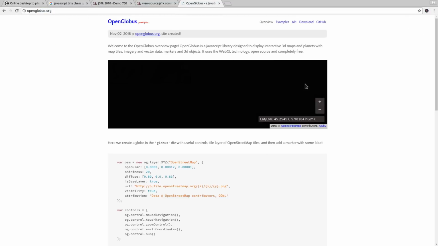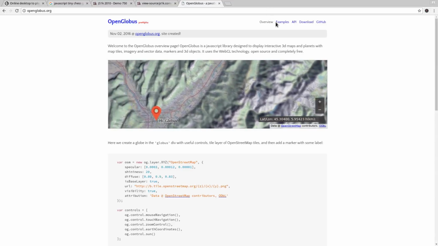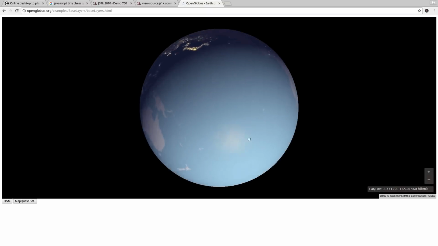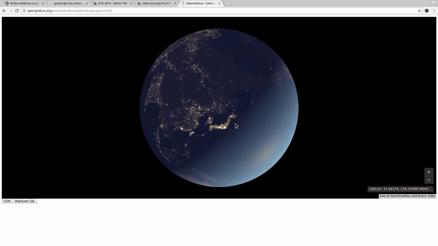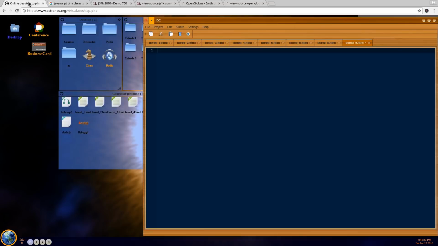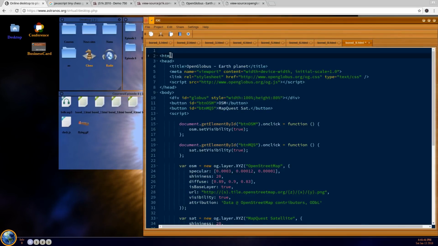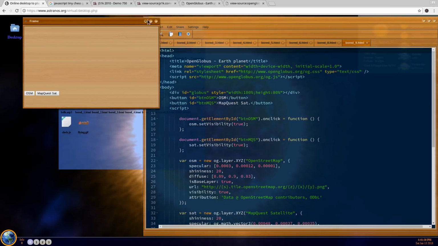openglobus.org. As you can see, this looks a little bit like Google Maps here. I want to go to the samples and the base layer. This is what we want to add to our web page. It's quite nice and it's quite responsive. Again, Control U, Control A, Control C to see the source code, select all and copy it, and save this document. But if I start this up now, as you can see, there's not a lot you can